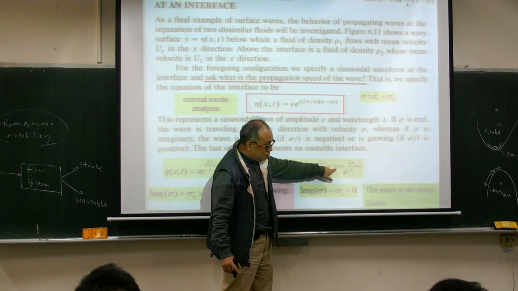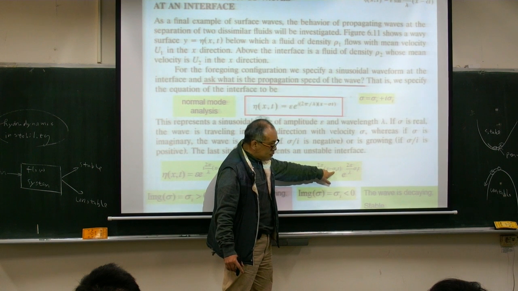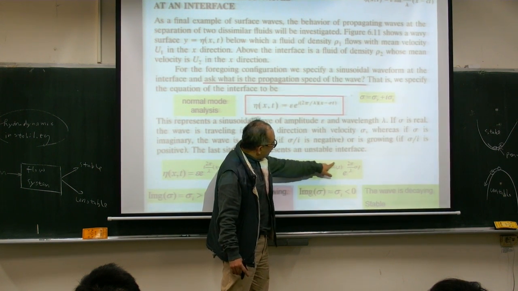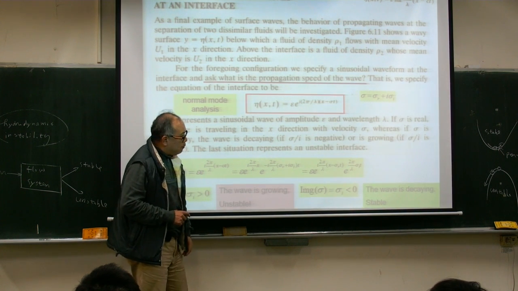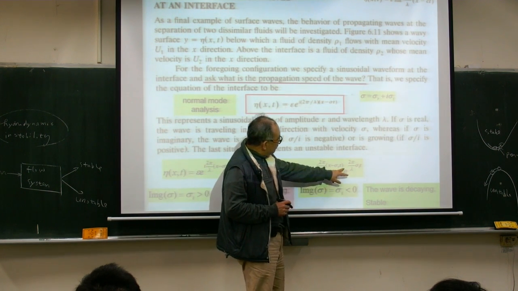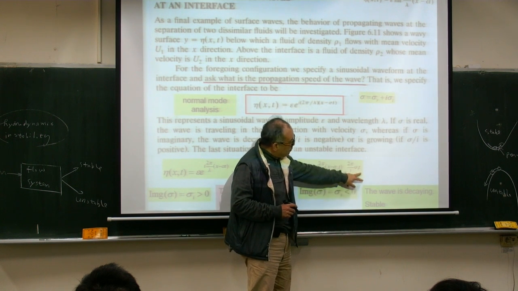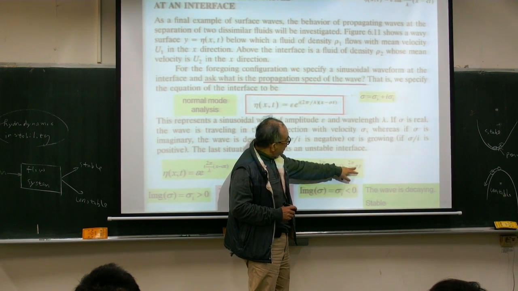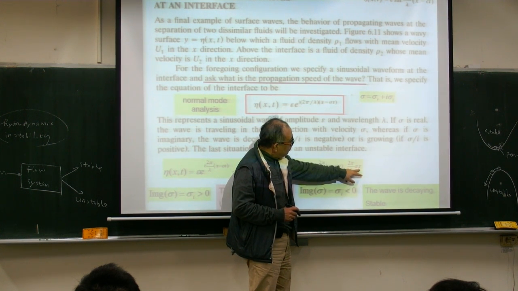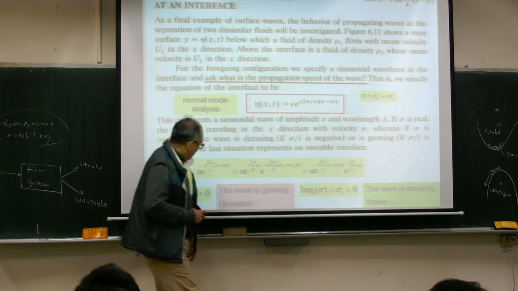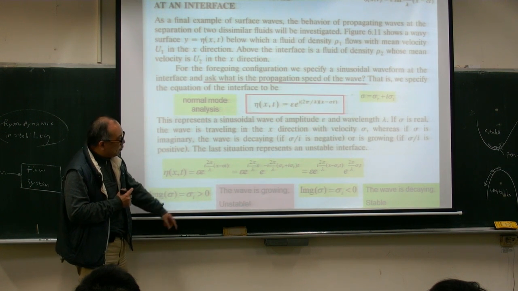A traveling wave with a wave speed. This is a cosine-sine function, a bounded function. However, as you can see, this factor here is the exponential of 2 pi over lambda times sigma I times t. And if sigma I is greater than 0, whatever,